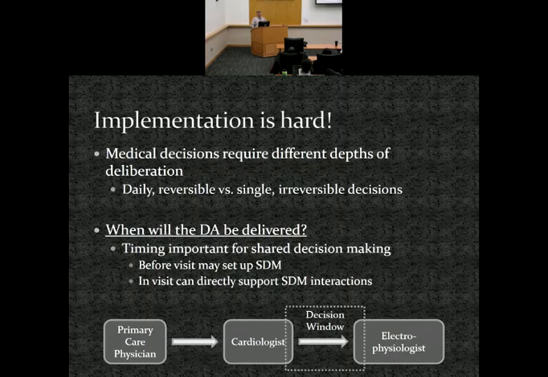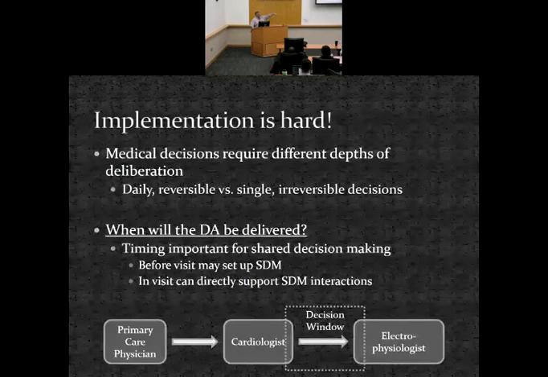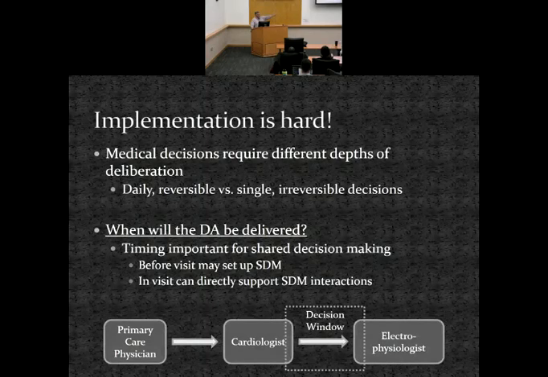And then this is actually the biggest problem: when is that patient in their head making a decision? For the defibrillator, there's this referral pathway from primary care to cardiology and cardiology to electrophysiology. And we're trying, in our R01 right now, to implement the decision aids in that window between the cardiologist and the electrophysiologist. But that's not perfect. We're finding, especially as we screen people here, somebody gets referred straight from the outside and ends up on the table, and we missed that patient and weren't able to deliver a decision tool. Or it's just really hard to know when somebody is actually making a decision and when you deliver these tools in practice.